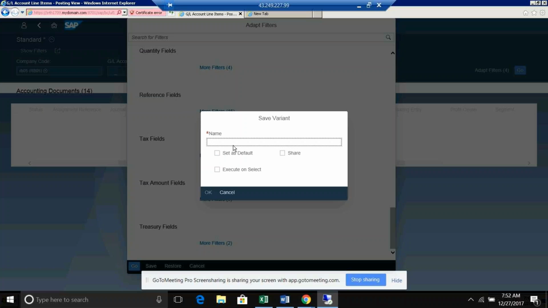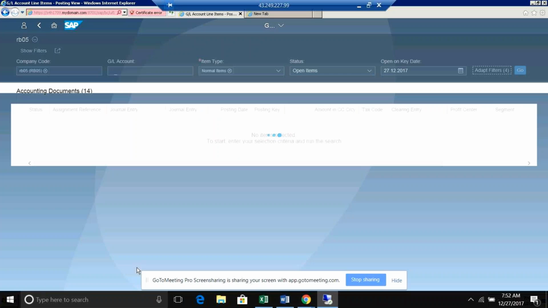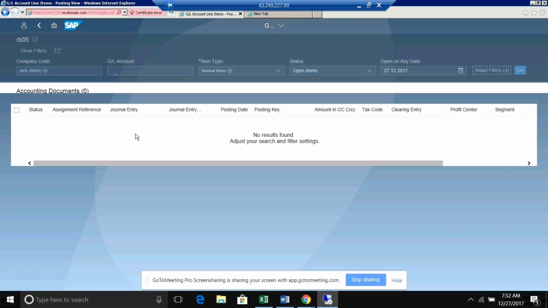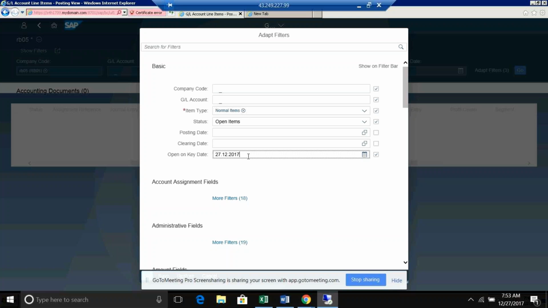For example, let's say, I think it is not filtering in the right way. Somewhere it is filtering something.